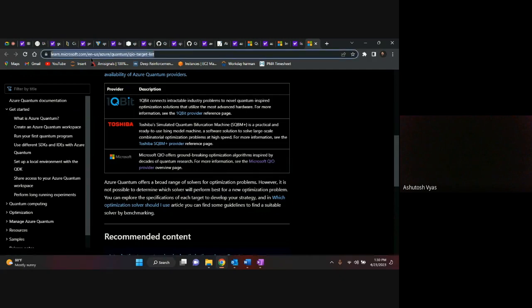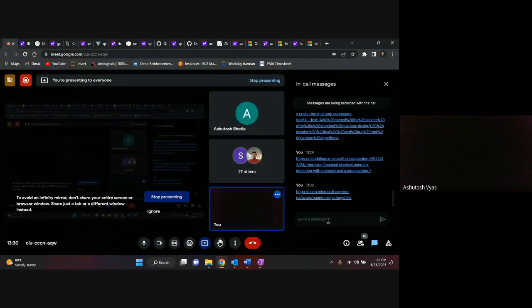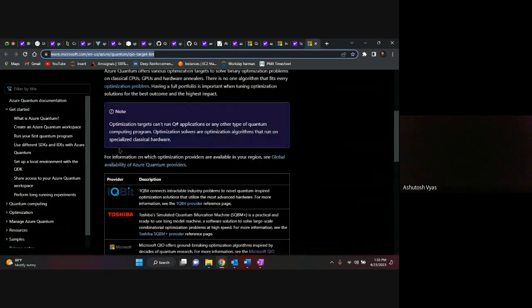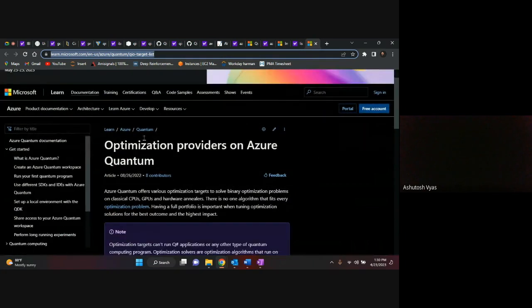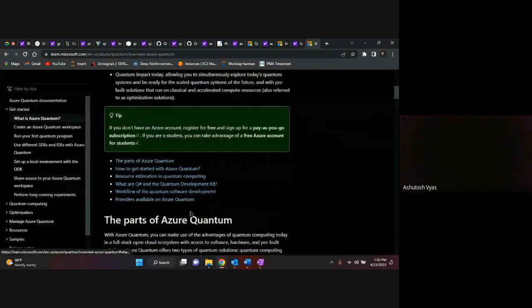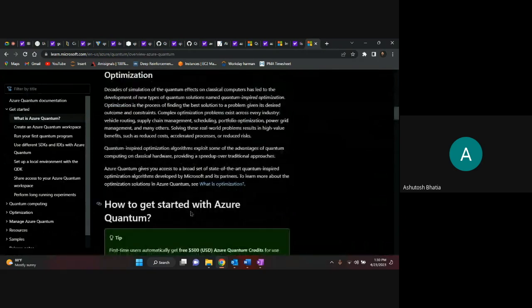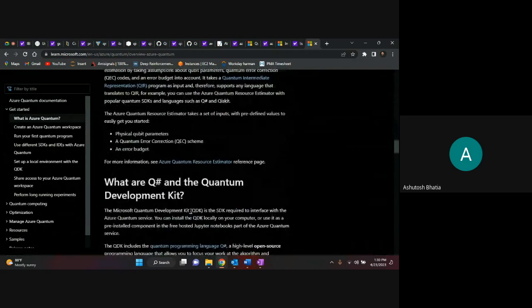So this is again an important link. If you have a dedicated Azure account, you can follow these links to create your own Azure workspace. But these are fundamentally for optimization perspectives, and they are very, very niche in their form. What I mean by that is, if you really know what you are doing, then only go into this site. These are basically meant for optimization solutions only. Some of the students in our team are also interested in optimization in finance related things, so I think this will be useful for them.